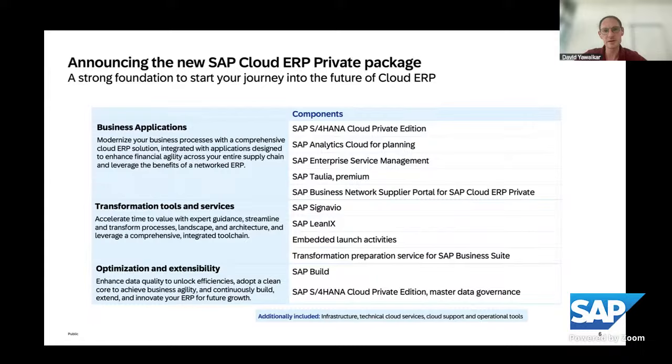Also, last but not least, optimization and extensibility is key. We know ERP customers love to customize and also tailor their ERP system to their needs. And optimization and extensibility in the right way is key to keep a system agile and being able to move along quicker. That's why we are including SAP Build, meaning the successor of the Cloud Platform Enterprise Agreement, CPEA, into our offering with a large commercial value,